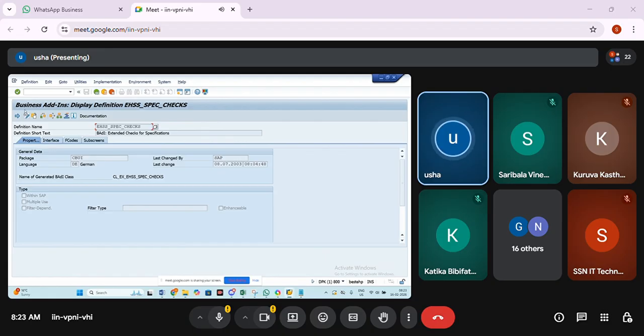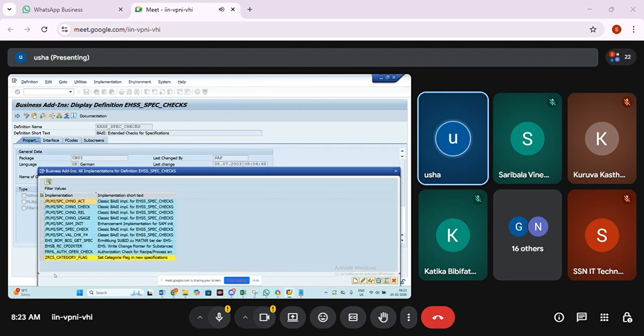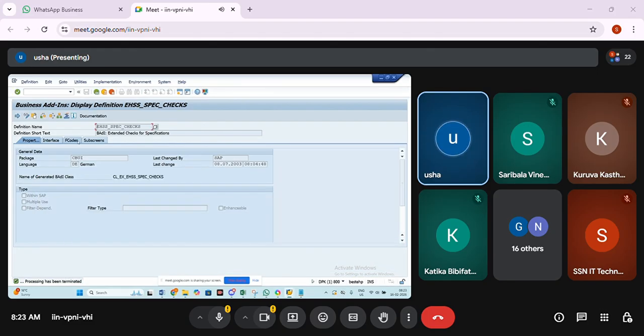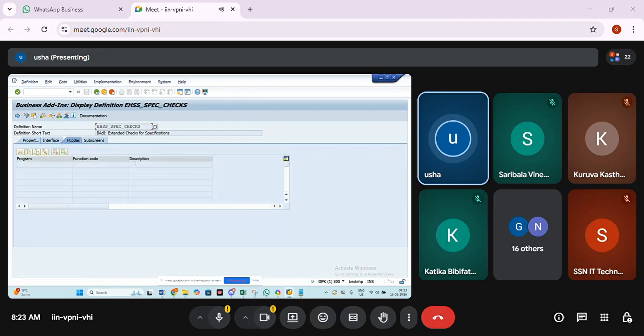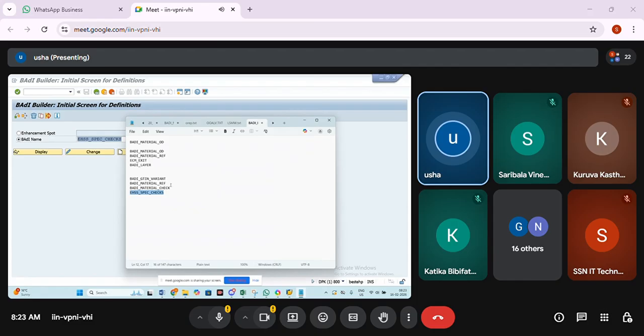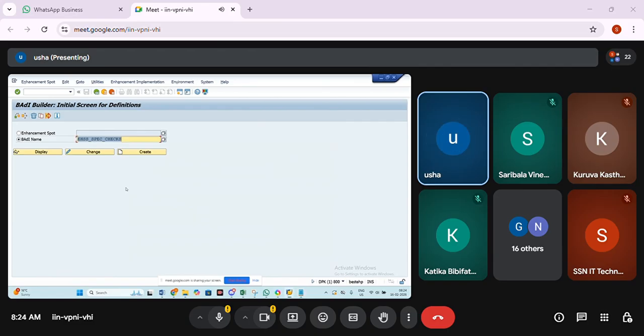Then what to do? At that time, use the implementation overview. See, this is already implemented for so and so reason. You can't use the same for another implementation. Even if you have F codes, meaning GUI status and subscreens, you can implement through the body also. But that is single use and already implemented, so I am not going to implement that. Go to another body and check.